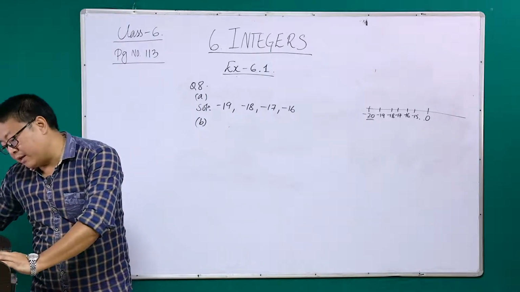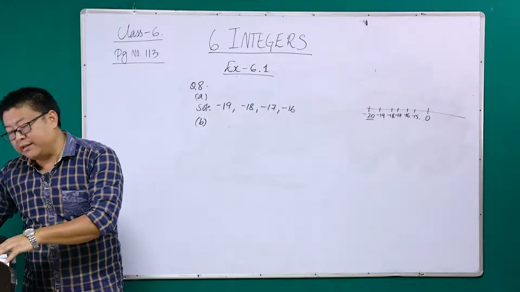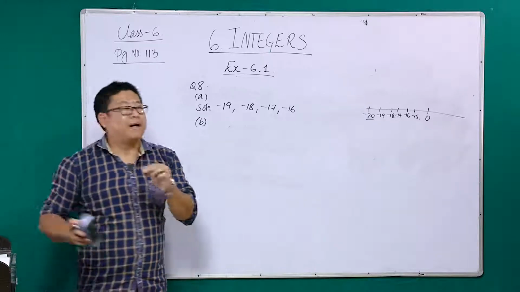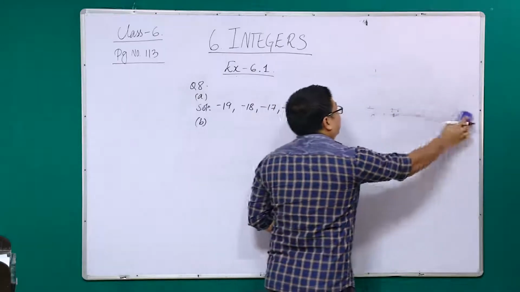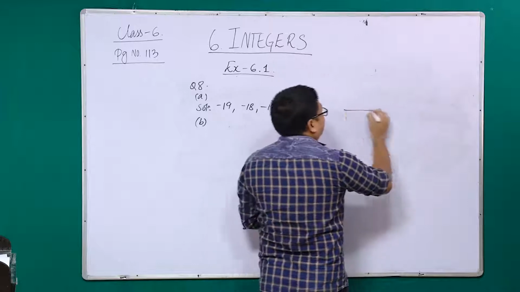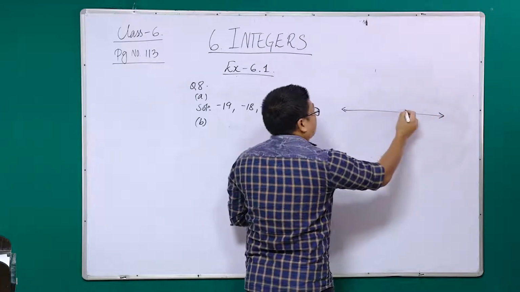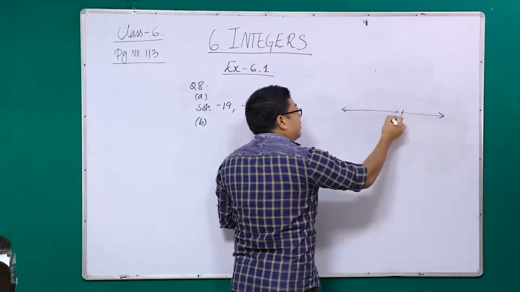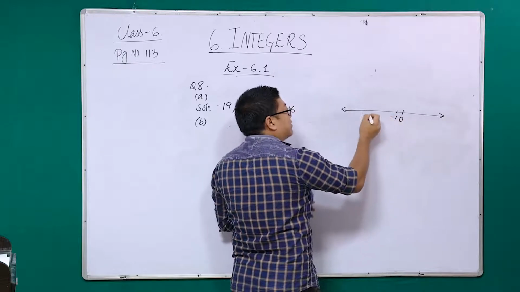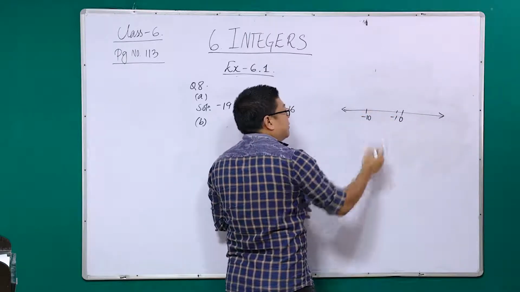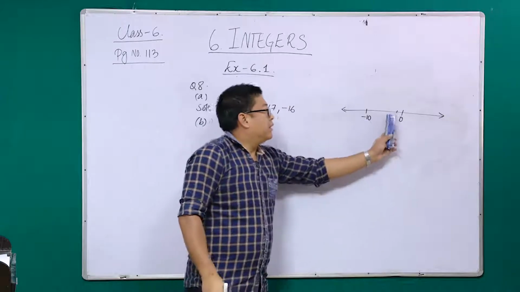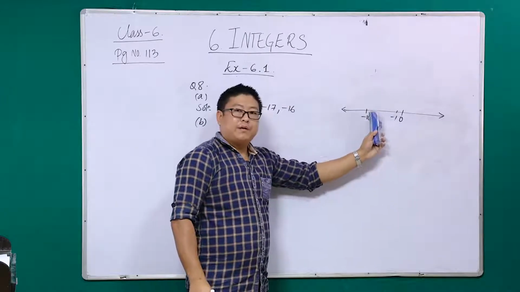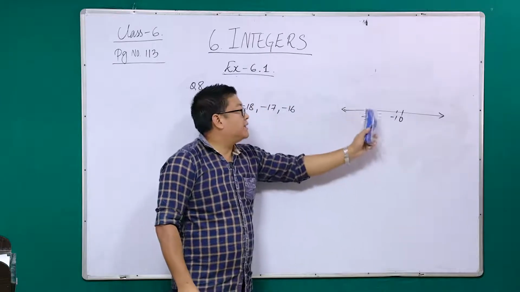B, they are asking us to write 4 integers less than minus 10. So I'll take 0 here. We'll start like this, minus 1, minus 2, minus 3. It will reach minus 10 somewhere around here. Minus 1, minus 2, minus 3, minus 4, minus 5, minus 6, minus 7, minus 8, minus 9, and minus